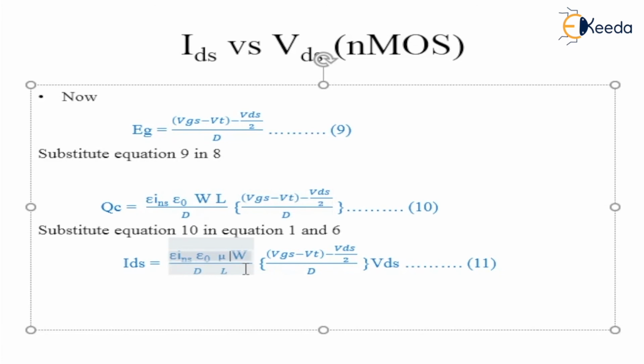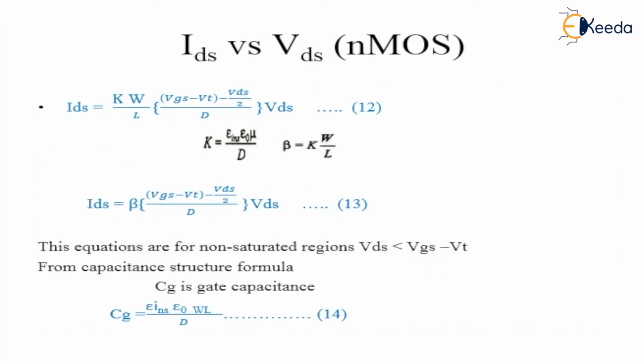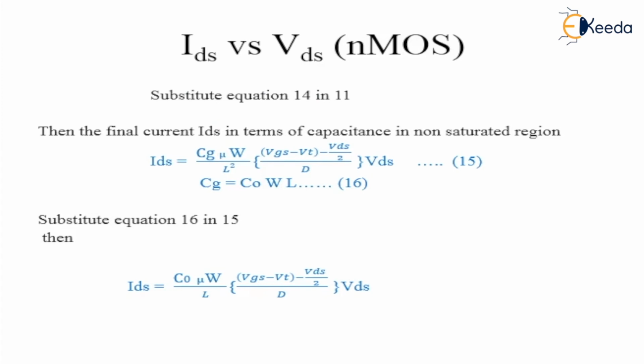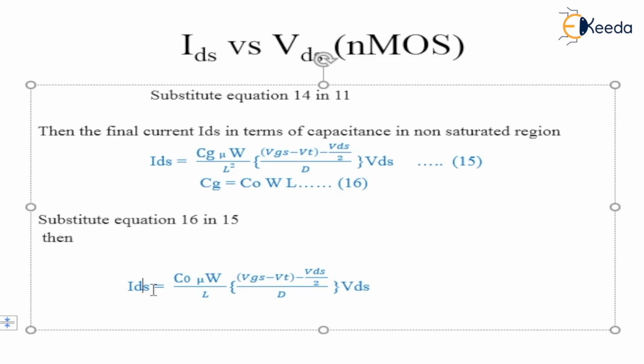Now, why I am calculating this: if anyone asks about the drain saturation current with the help of capacitor, I realized all those things. So that is the thing you have to remember. So this is all about the drain saturation current IDSS under non-saturated region or linear mode of operation.